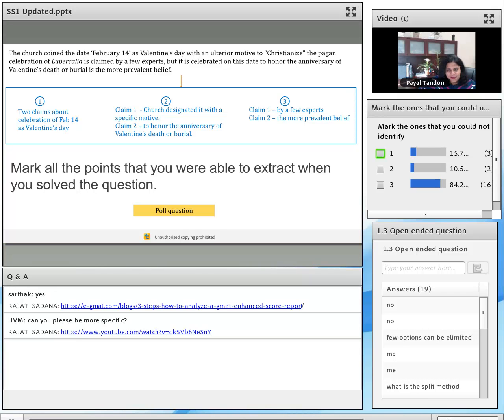Now because you were not able to identify, I want you to make a note of this, that the majority of you were not able to identify that claim 1 was made by a few experts and claim 2 was the more prevalent belief. And I'm going to tell you why this is so significant. Out of the 3, there are some of you who were not able to identify number 2 and number 1 as well, but that is also not okay. You should have been able to identify those, but the majority of you were not able to identify aspect number 3,